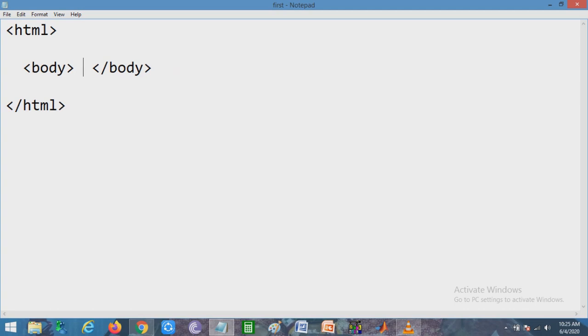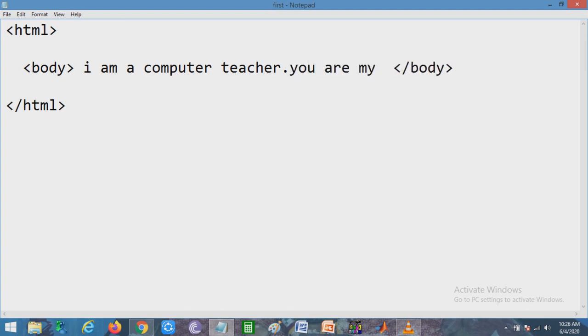Suppose I am writing some sentences: I am a computer teacher, and again I am writing, and you are my students.